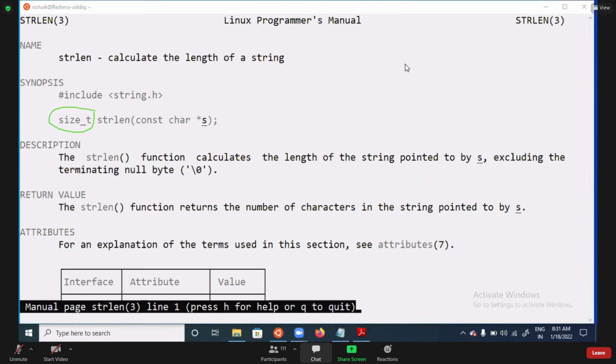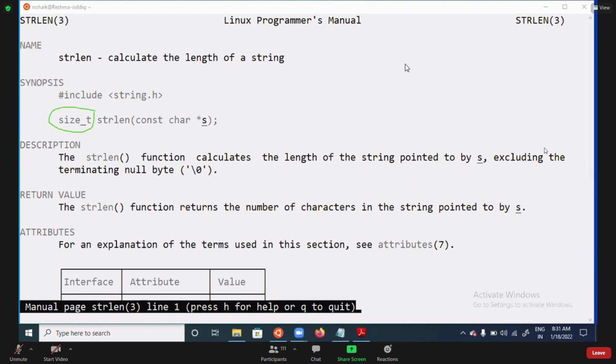Some students said unsigned integer. Some students said unsigned long integer. If it is unsigned integer, why didn't he return it? He can write unsigned int directly, right? If string length is an unsigned integer, then why didn't he write it there?